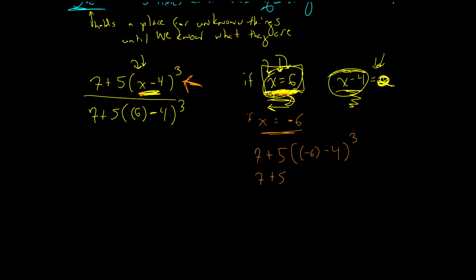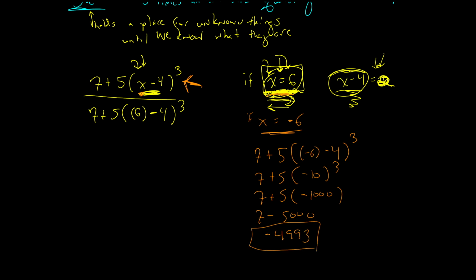So negative 6 minus 4 is negative 10. And negative 10 cubed is negative 1,000. And negative 1,000 times 5 is minus 5,000. And so 4,993. Huge difference